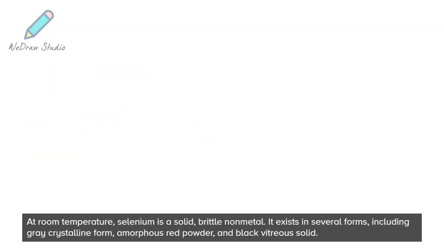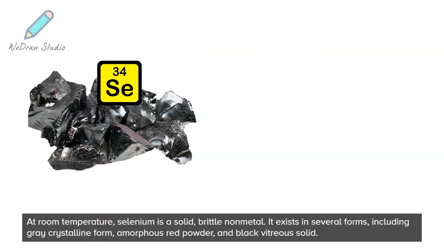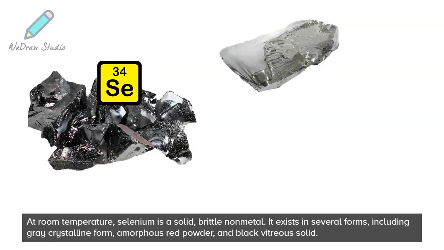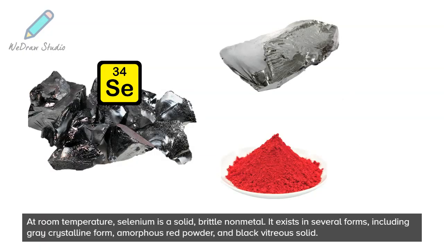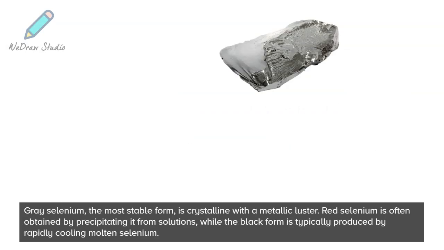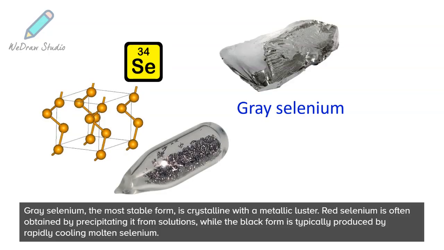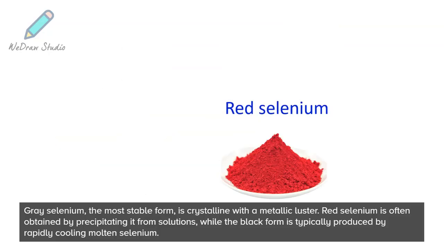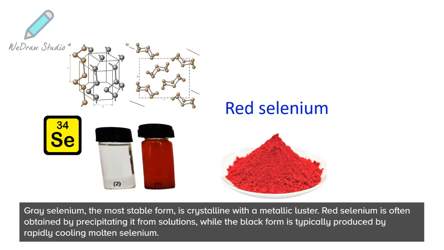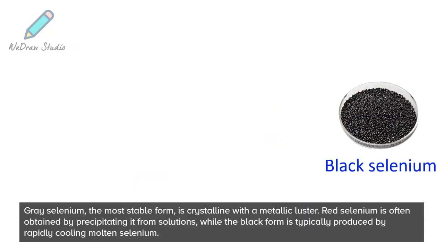At room temperature, selenium is a solid, brittle nonmetal. It exists in several forms, including gray crystalline form, amorphous red powder, and black vitreous solid. Gray selenium, the most stable form, is crystalline with a metallic luster. Red selenium is often obtained by precipitating it from solutions, while the black form is typically produced by rapidly cooling